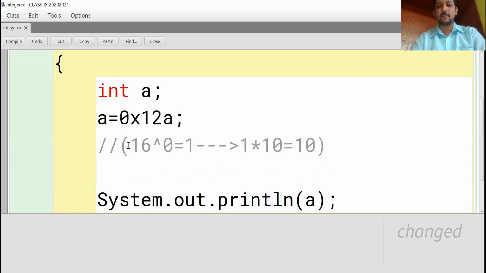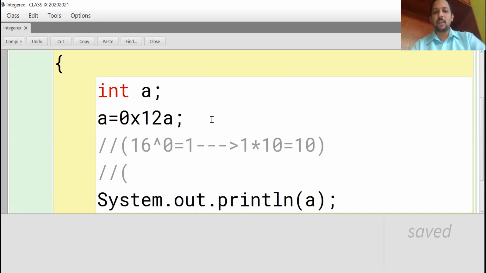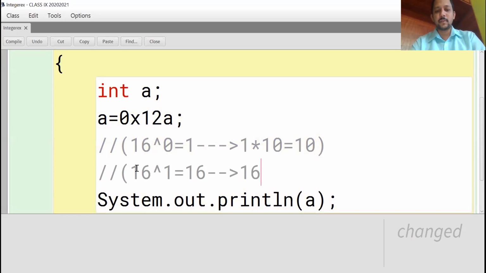Second step, see. 0 to 9, then A, B, C, D, E, F. A is 10, B 11, C 12, D 13, E 14, F 15. So 16 power 1 is 16, 16 into 2, that is equal to 32.